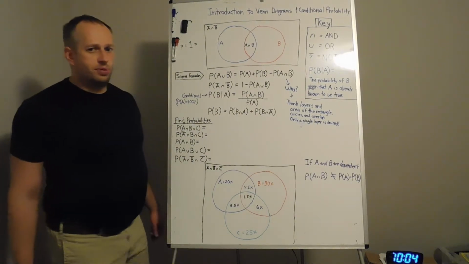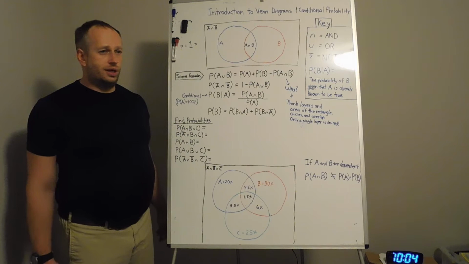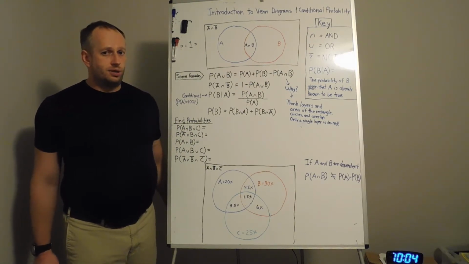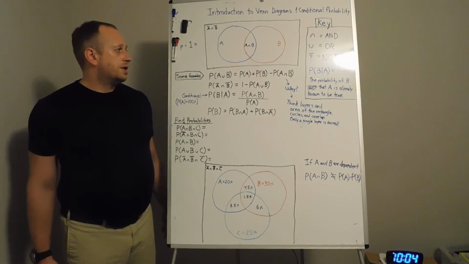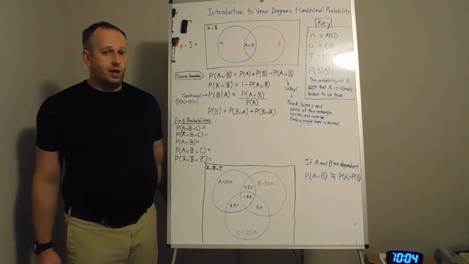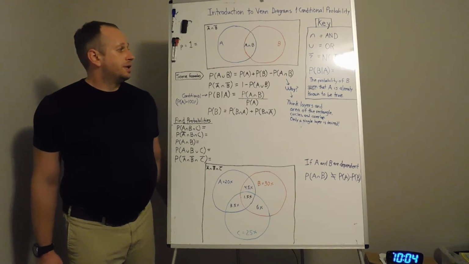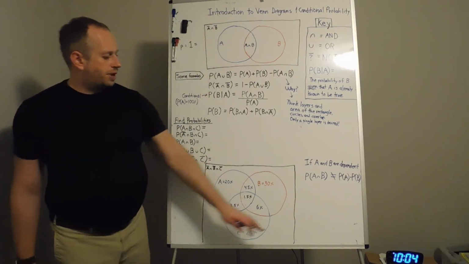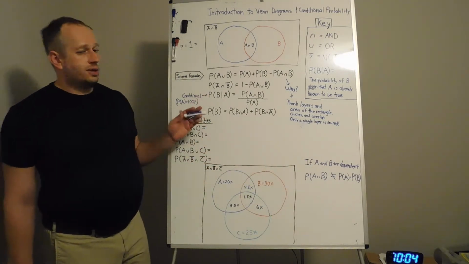Going to talk about probability again today, and this time I'm going to talk about Venn diagrams and conditional probability. So a Venn diagram can be rather useful if you want to visualize data that's already known, probability-wise, distribution-wise. And as you can see, all of these circles are enclosed by either a square or a rectangle, basically a